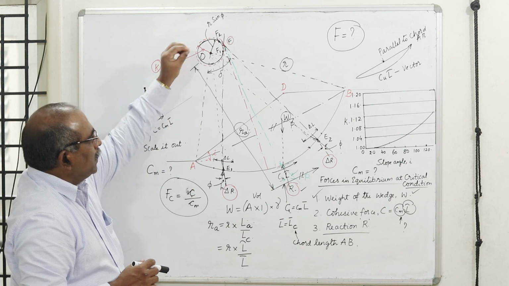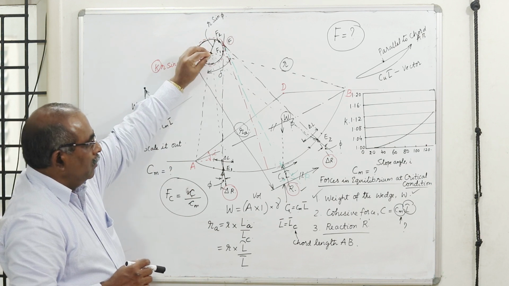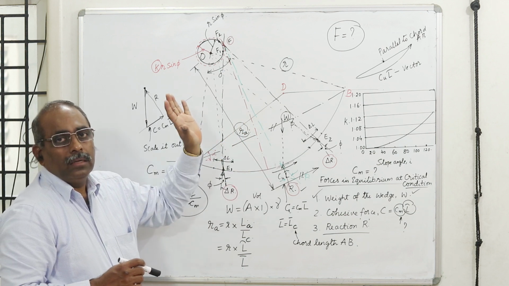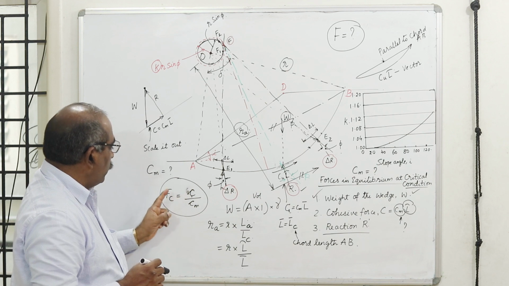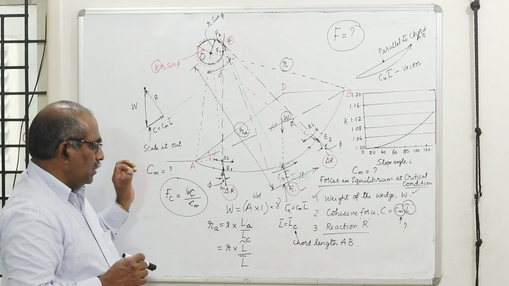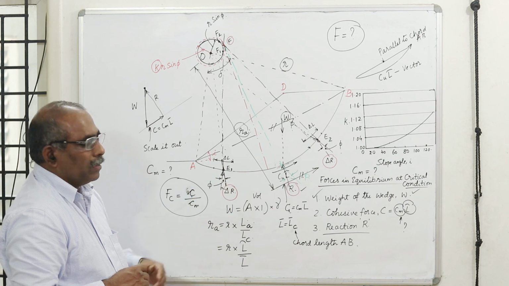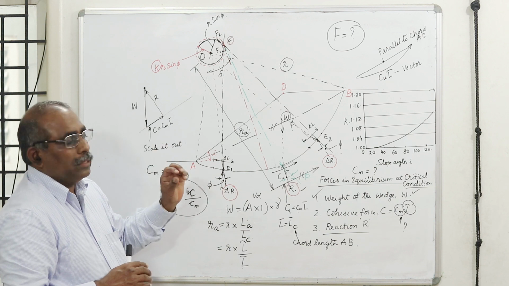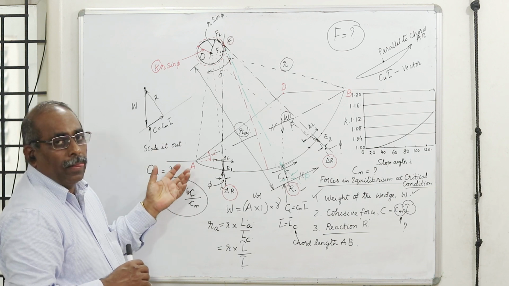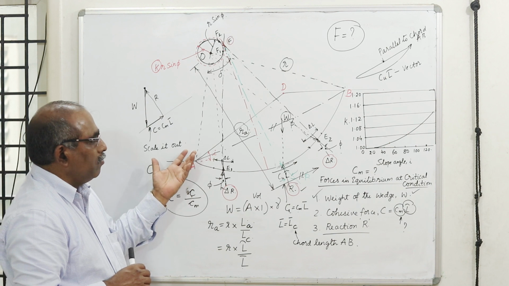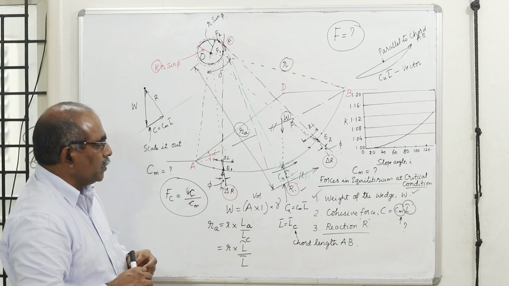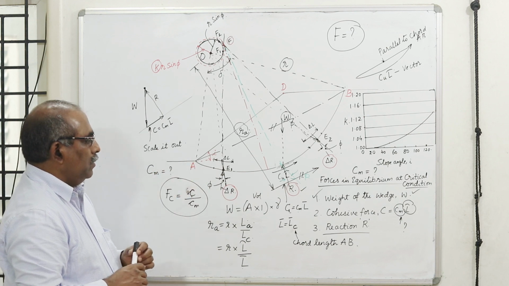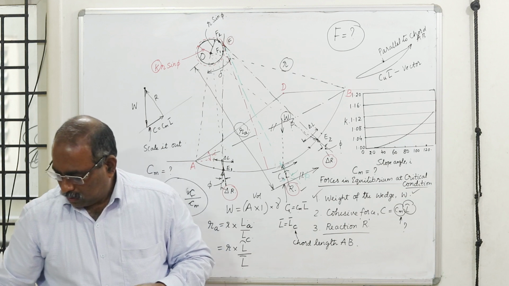Now, for a particular slip center, for the given properties of the material and this given geometry, I can find out my mobilized cohesion, and from that I can find out my factor of safety with respect to cohesion. Then there is further procedure. This is a very elaborate thing. Using this, Taylor has made it very simple to design a slope for a required factor of safety, or find out the factor of safety with respect to cohesion using the chart. We will continue that through an example.